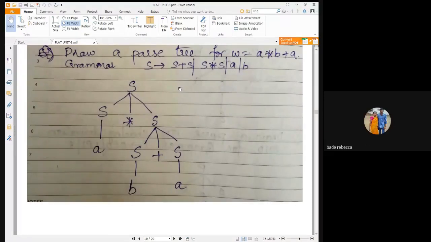Did you solve this example? Yes, ma'am. 5A2. Yes, ma'am. Did you solve this example? Yes, ma'am. Okay. When you're solving this, what is the problem of answering?